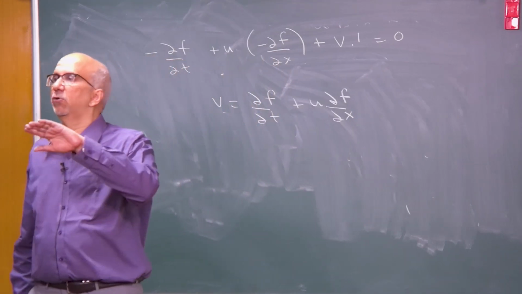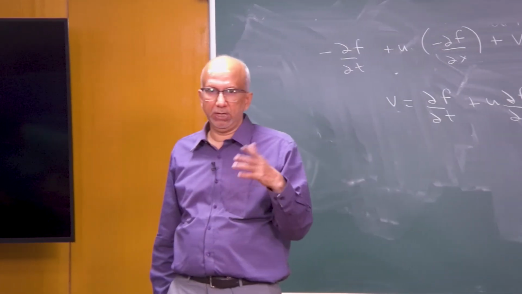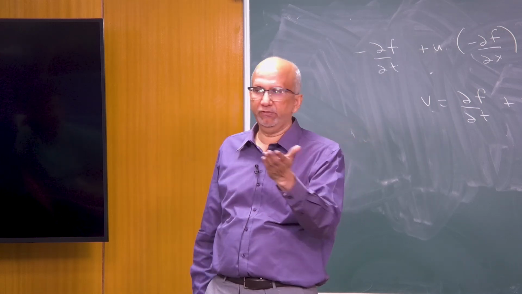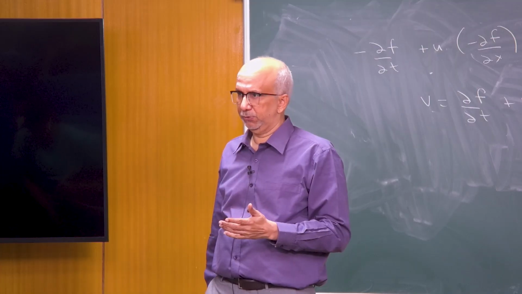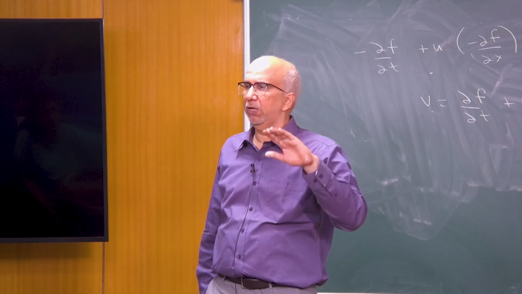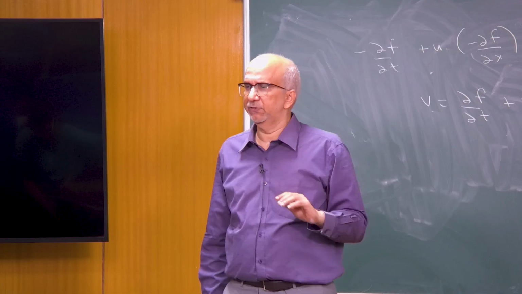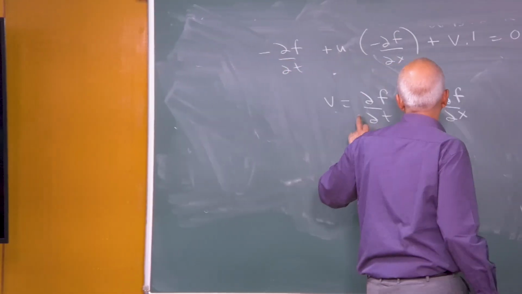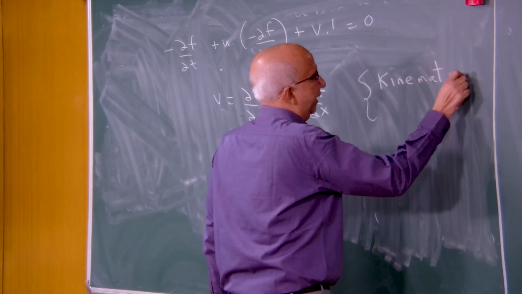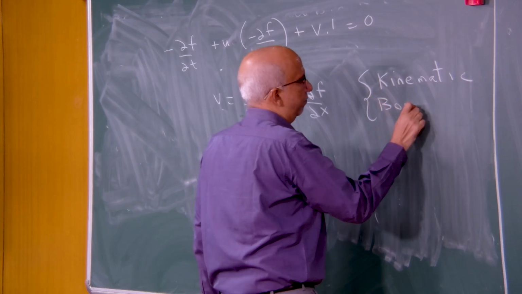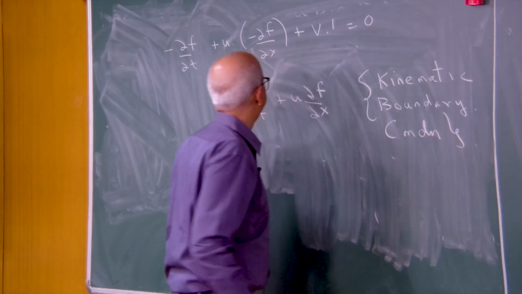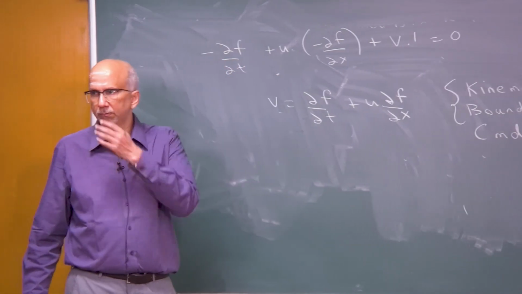So if you want to find out how small f changes with time, supposing you have a problem where the interface is changing with time and you want to track the interface, like I talked about the wave, the interface keeps changing with time. So there are some forces acting on it. So what is the equation which tells you how the surface, small f, changes with time? This is the equation which relates small f, and this is called the kinematic boundary condition.